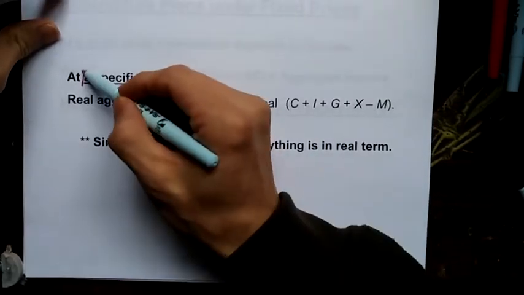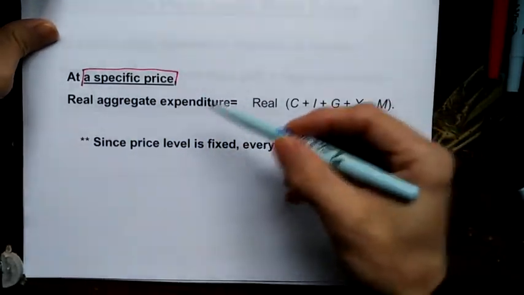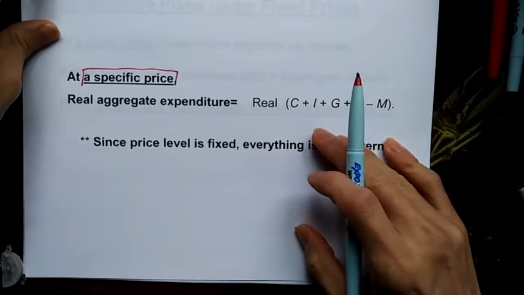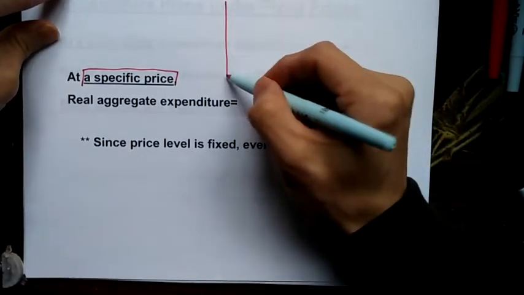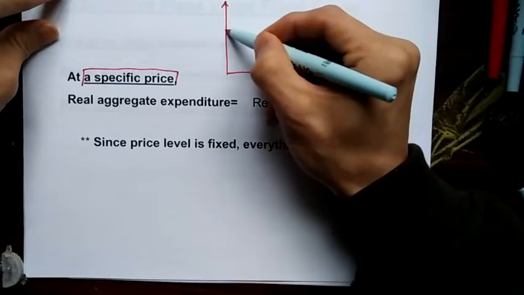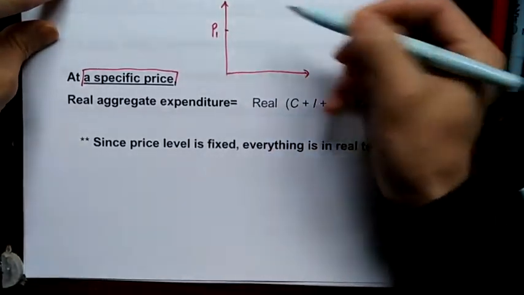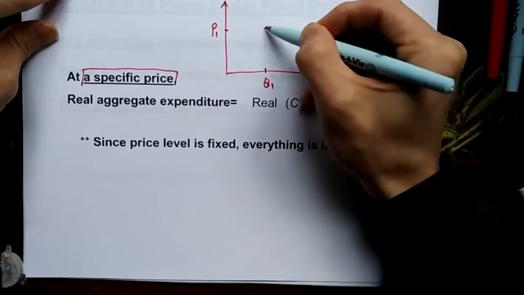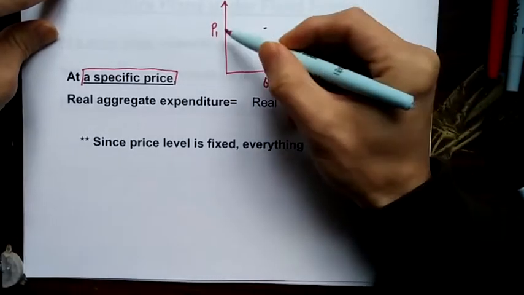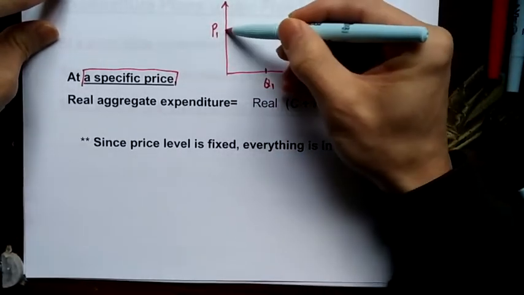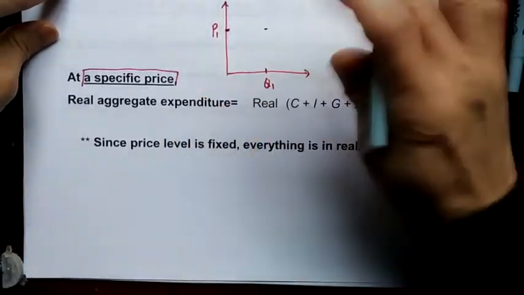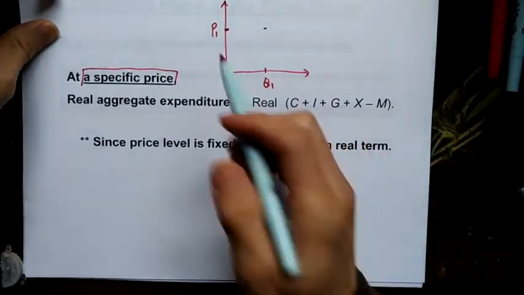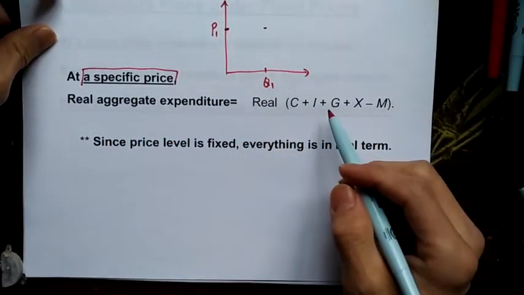So again, at a specific price. For the whole chapter, we are not going to talk about changing prices because we are going to fix a price. Remember? We fix a price and then try to find the quantity demanded. So throughout chapter 11, we are going to talk about this price only. And because the price is not changed,